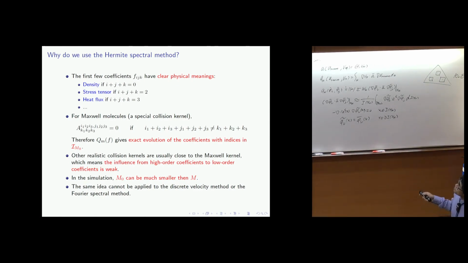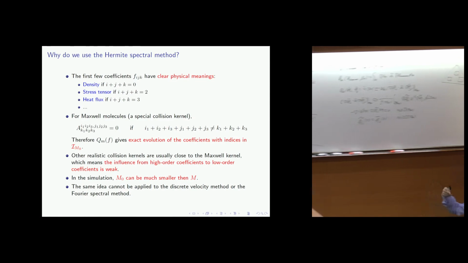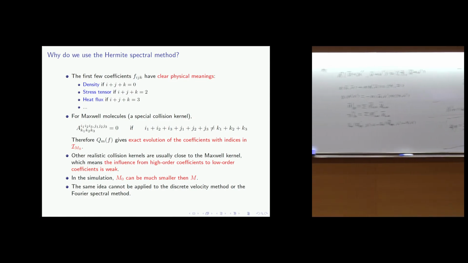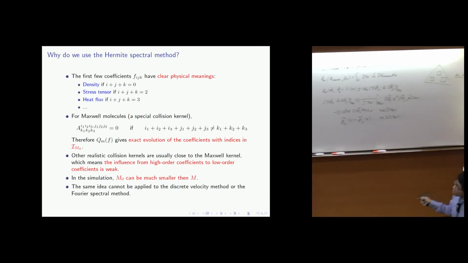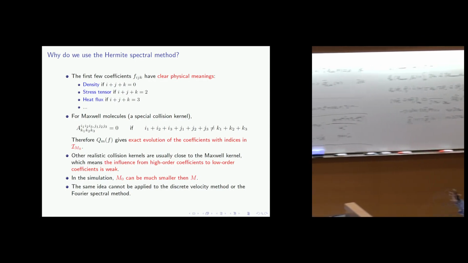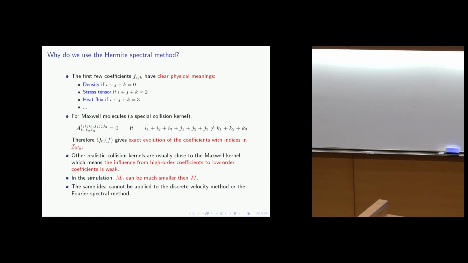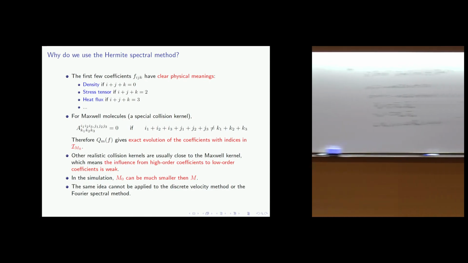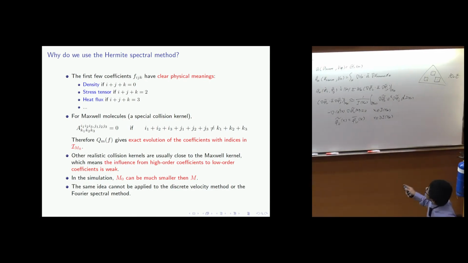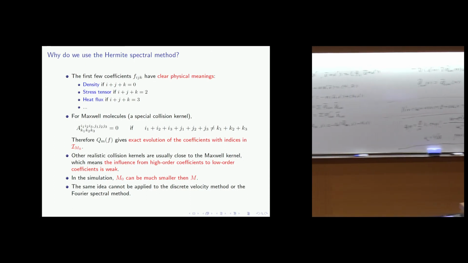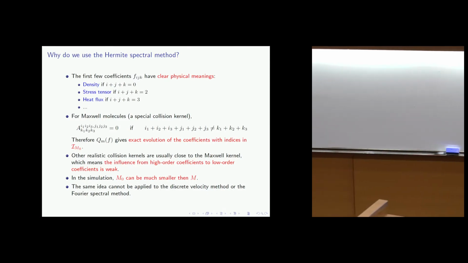But this is just for a special type of molecule, Maxwell molecules, an approximation proposed by Maxwell. In other cases, it's not like this. All the degrees of freedom are coupled with each other, but those kind of coupling is relatively weak. So this is from our numerical experience. We see that if we consider coefficients satisfying this condition, these coefficients are usually very small when we consider realistic collision kernels. Therefore, in our simulation, M0 can be much smaller than M, and then